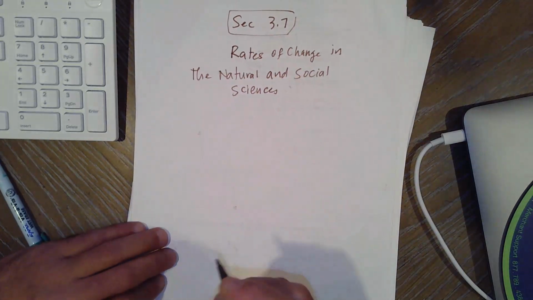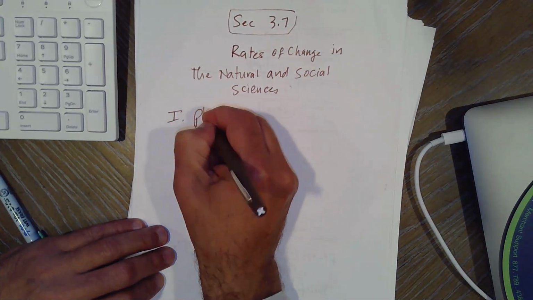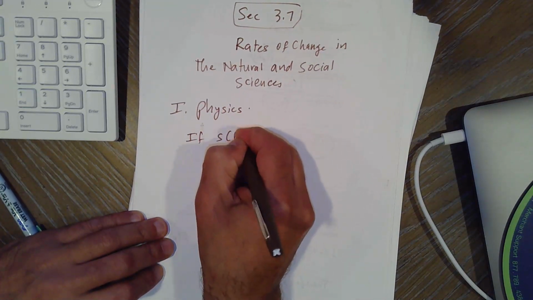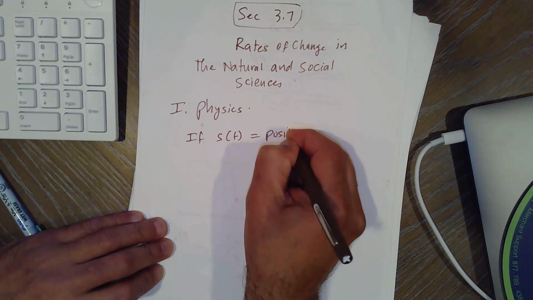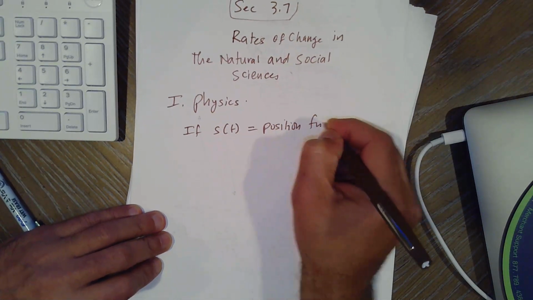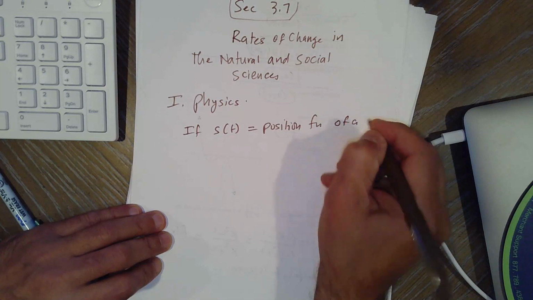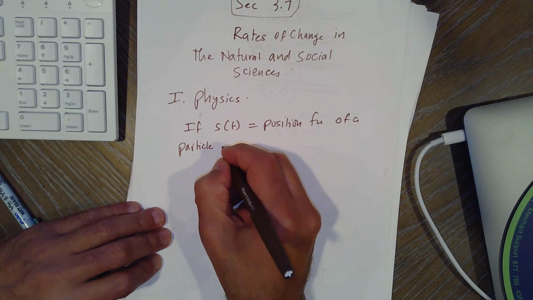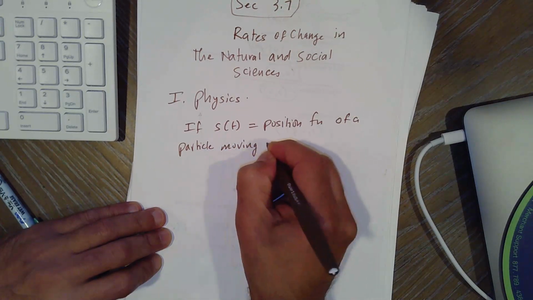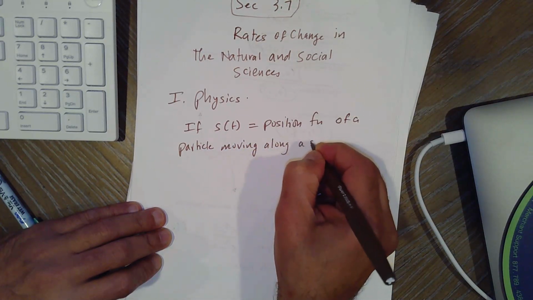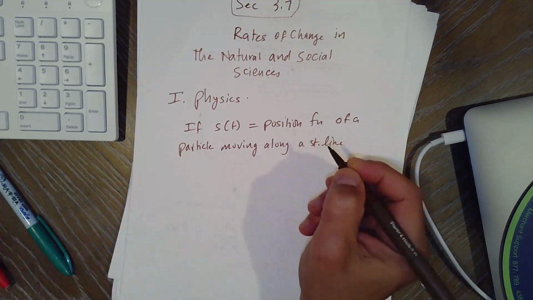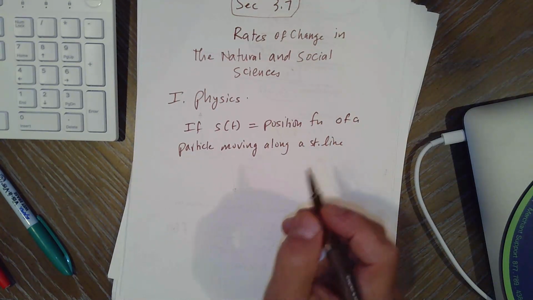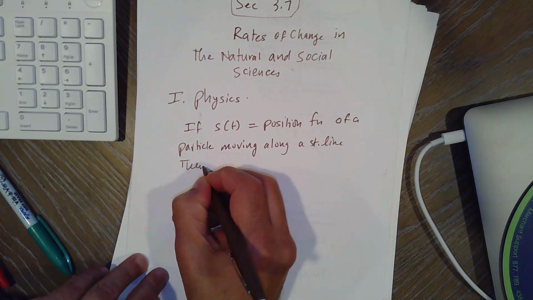Okay, so let's first discuss physics. In physics, if S of t equals the position function of a particle moving along a straight line, so S of t is the displacement or position function of a particle moving along a straight line, then we define